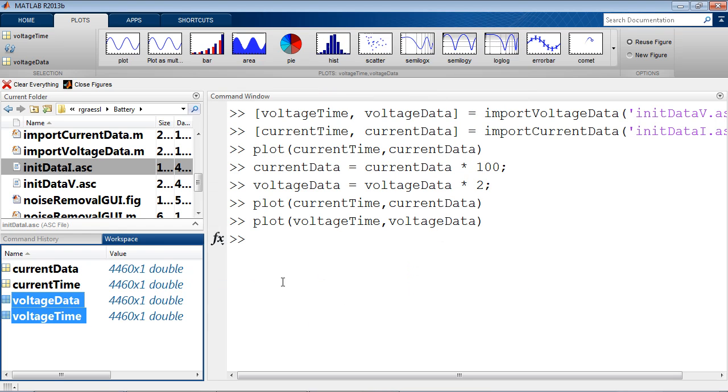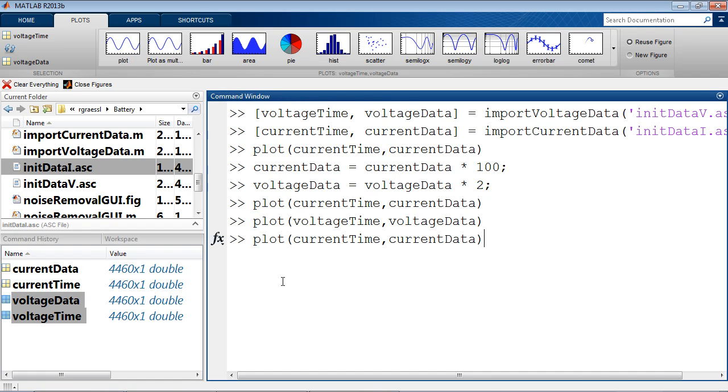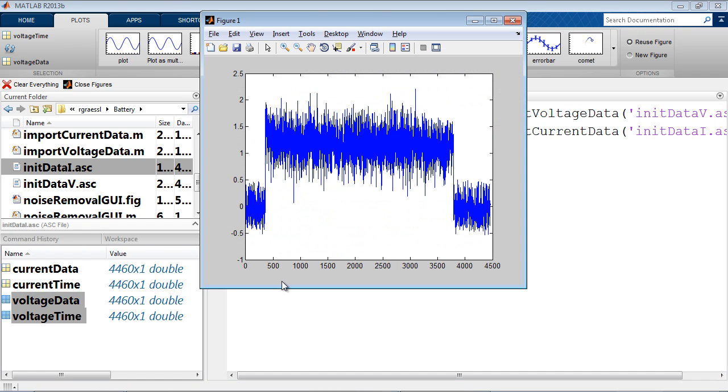But first, let's go back to our current waveform. Again, we see that this is pretty noisy, so we'd like to have a way to smooth out this waveform before we continue with our subsequent analysis. There's a variety of different ways that we could do that in MATLAB, and a very common question in general